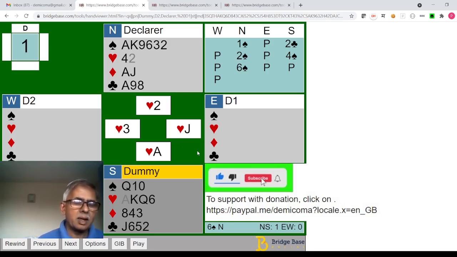But then even before you come to diamonds, when you look at club suit, you have ace 9, 8 here and jack to 4 cards in the dummy.